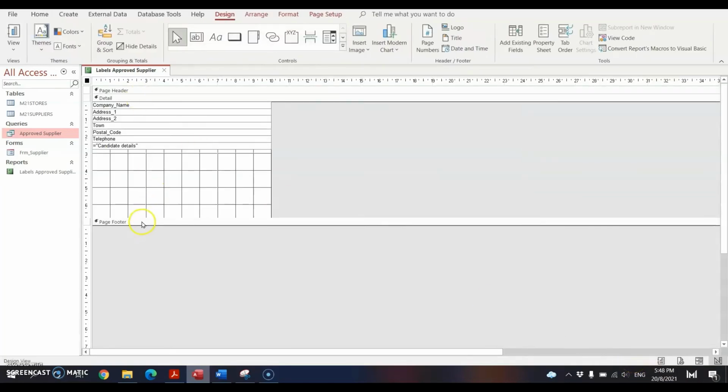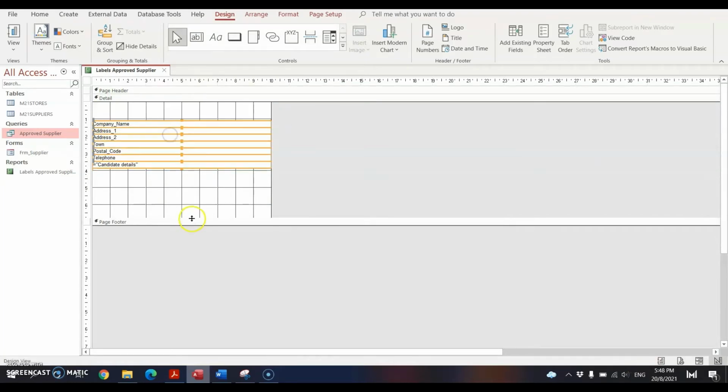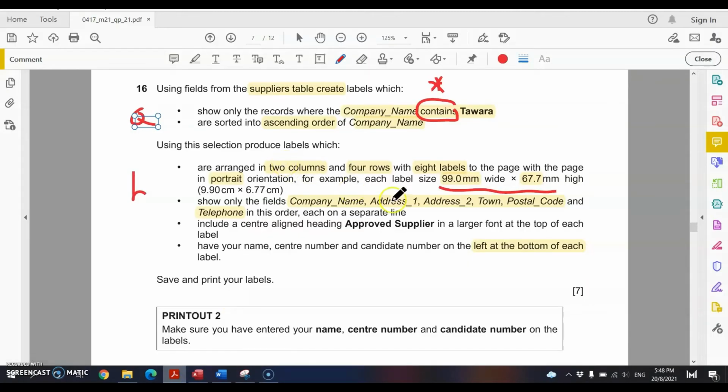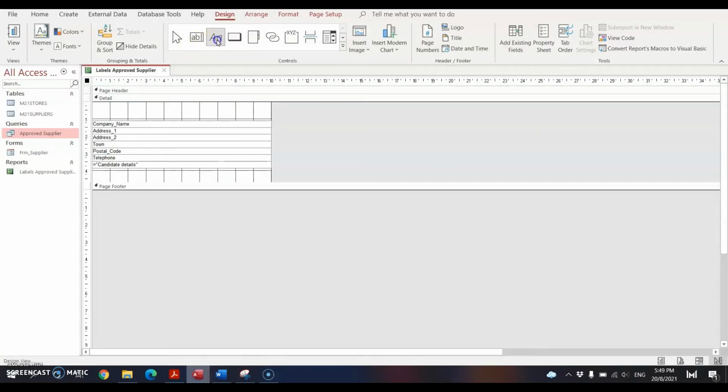Go to design view, the detail. You have such a big layout. We can narrow it a bit because we don't need so much space for it. Then you have to put in the candidates. You have to put in the title, the heading, because here you got the heading approved supplier. So we put in the heading by using the label here. Type in approved supplier,